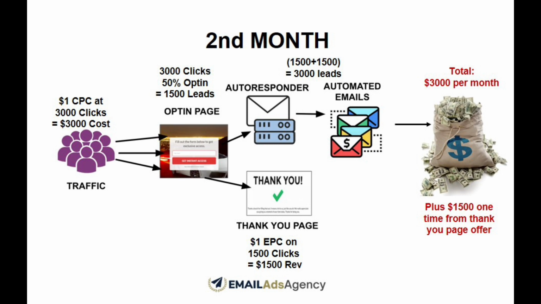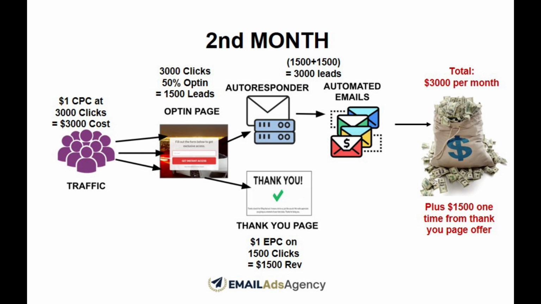So that's a total of 3,000 leads, and we'll be emailing those 3,000 leads daily, and that will create a revenue of $3,000 per month from those 3,000 leads. So in total, at the end of month 2, we have created a revenue of $3,000 per month and earned a one-time income of $1,500 from the offer that we promote on the thank you page. So in total, that's $4,500 in revenue that we have generated at the end of month 2,